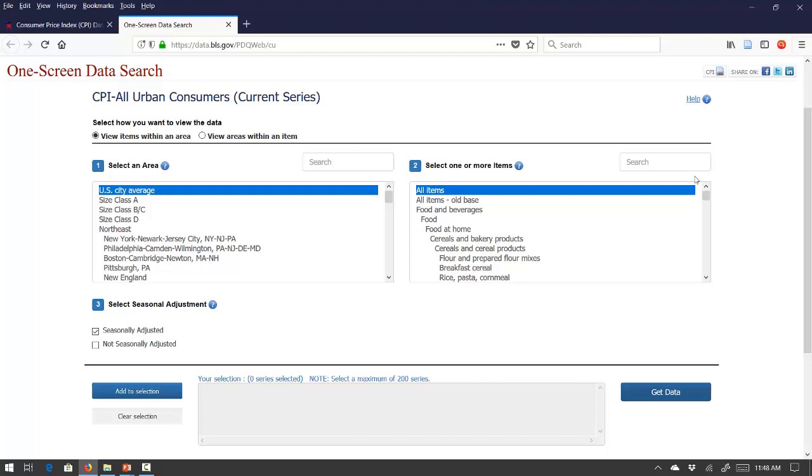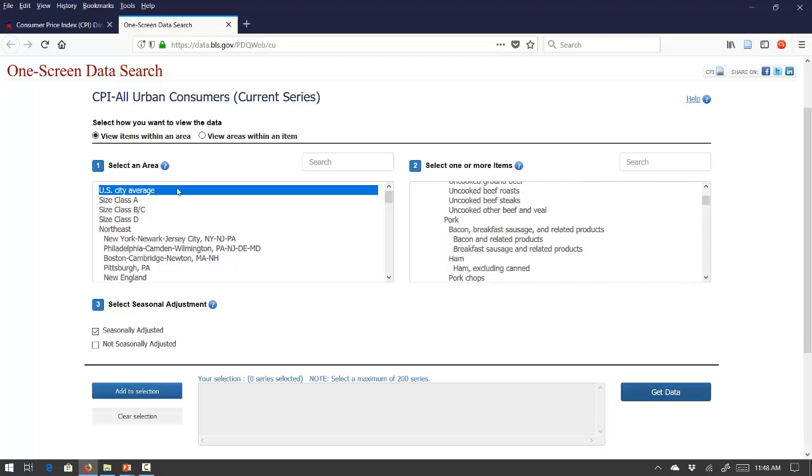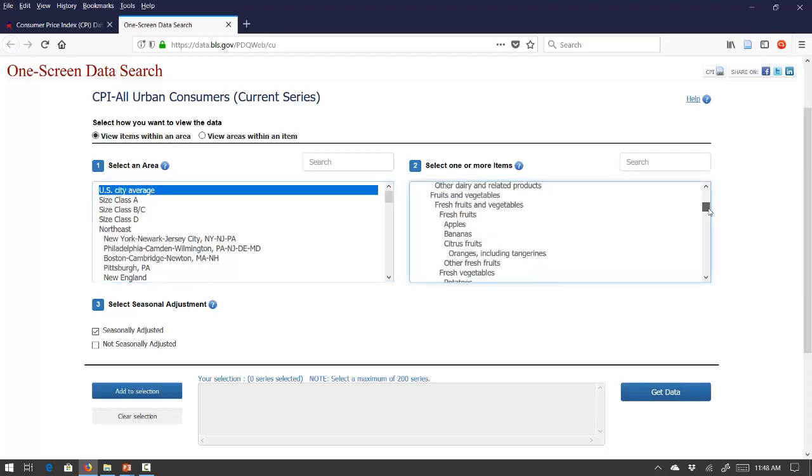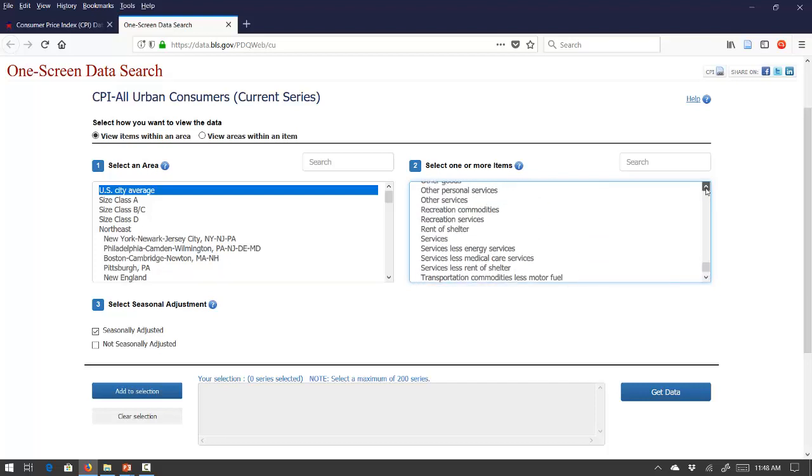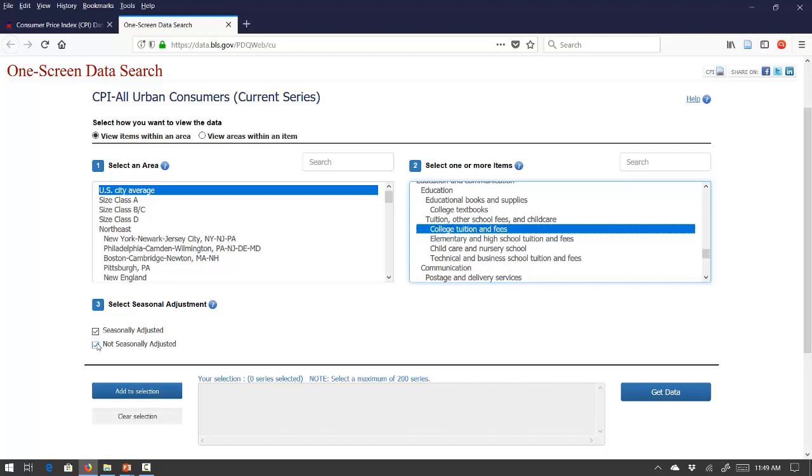Suppose you are interested in finding how the prices have changed for education, which is a huge concern, right? So I can go down here. So you click university averages. I can go down here and I can try to find education. And you can see education, and you are perhaps more interested in college tuition and fees. So let's click here. As I said, we'll always try to get seasonally adjusted. I add selection, and then I'll try to get the data,